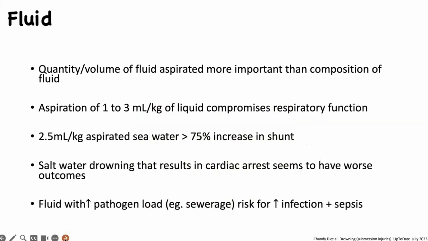The quantity or volume of the fluid that is aspirated is much more important than the composition of the fluid. A lot of the old literature looked at saline or hypertonic fluids or fresh water and made a big fuss about that. An aspiration of 1 to 3 mL per kg of any liquid compromises respiratory function, and 2.5 mL per kg of aspirated seawater increases the shunt fraction by more than 75%. So that means there's significant